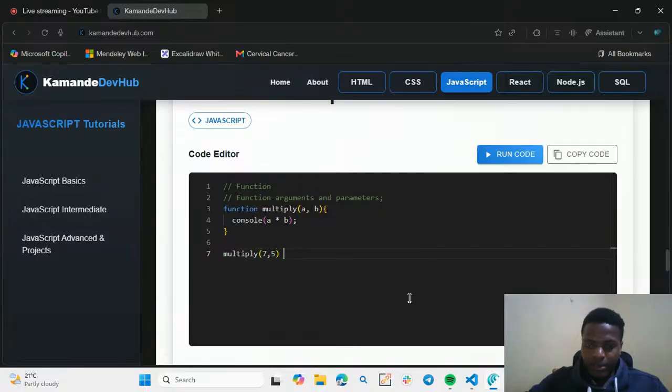So we could have expected this to return a value of 35. To lay some emphasis on the importance of these arguments, let's say we have a calculator function where we have the different operations. We have addition, subtraction, and everything. So you could have just called in the